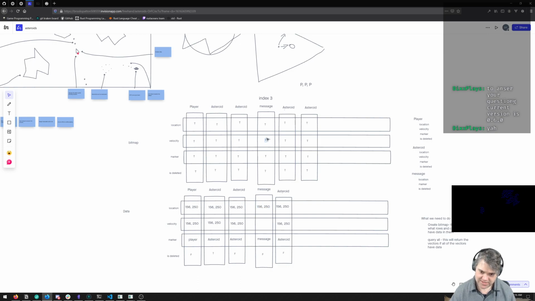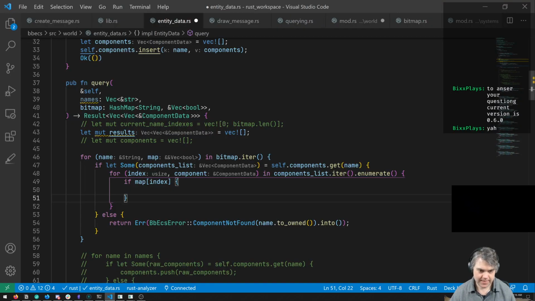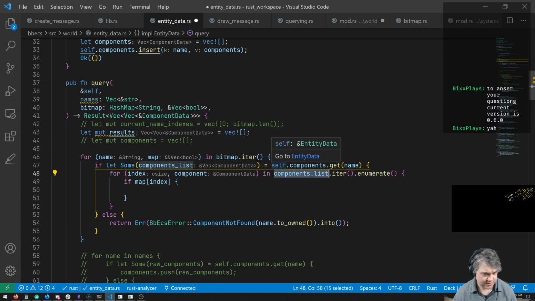Count the number of falses that I go through, and it's going to be the current index minus the number of falses. So here I'm going through name and map. Okay, so we're going to get the components list based upon this name. I think that I want to do this based upon the map.